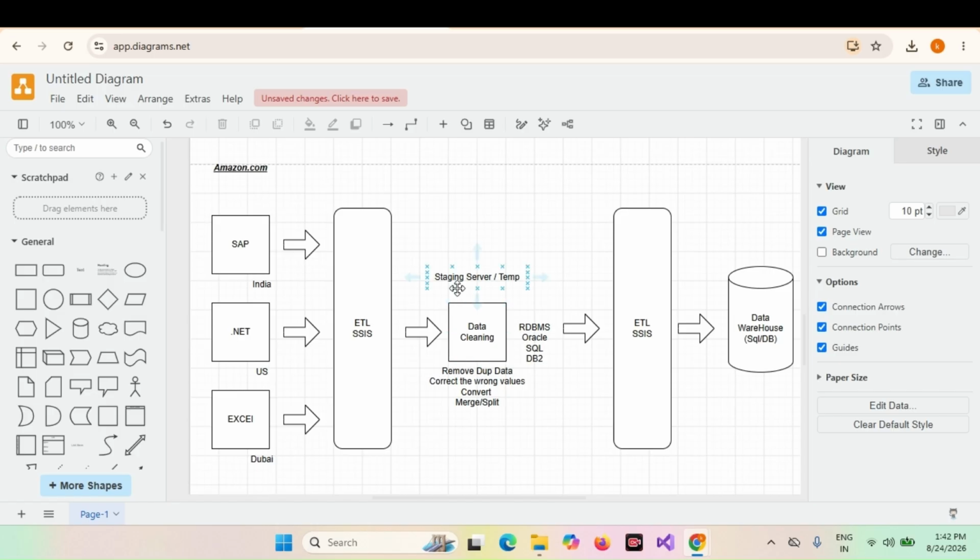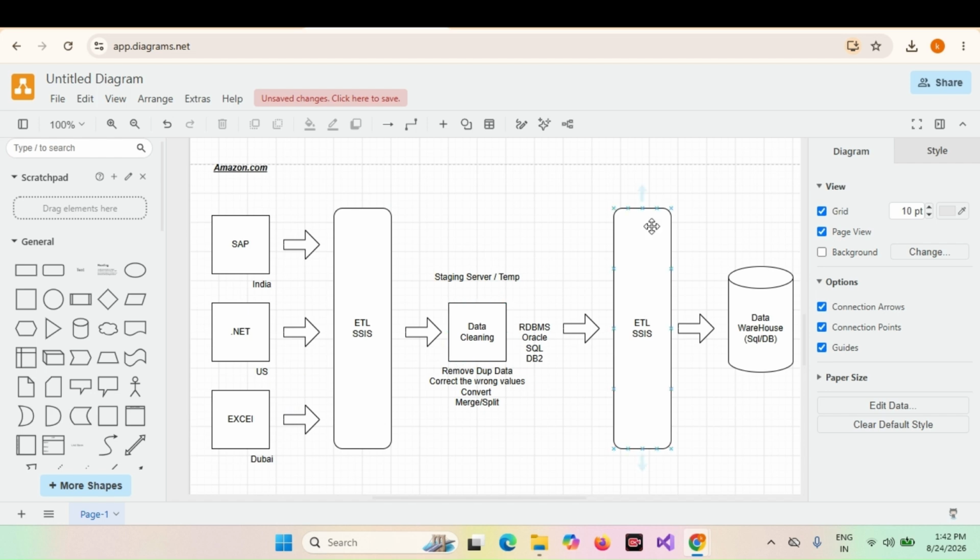This staging server is a temporary storage area. In the staging server, we perform data cleaning. For example, we remove duplicate values, correct the wrong data, correct misspelled data, convert data, and merge or split the data when required.